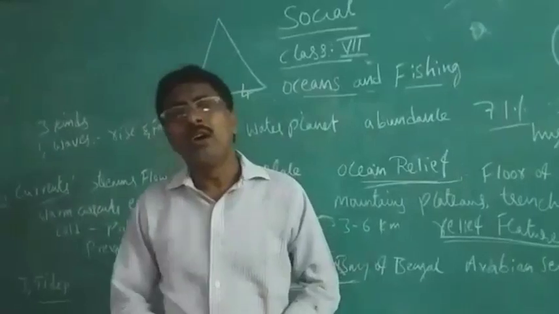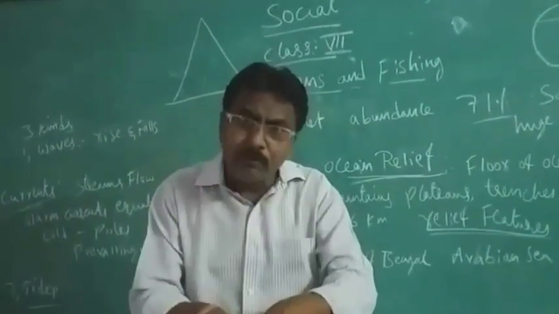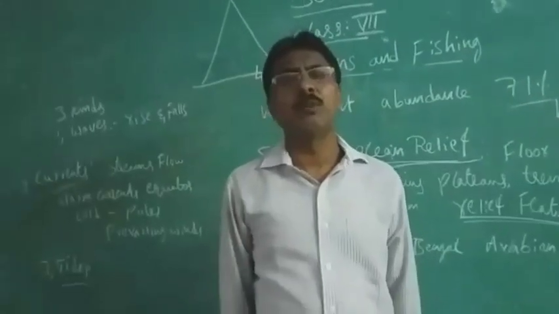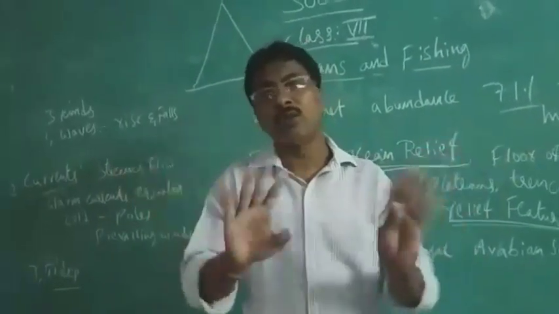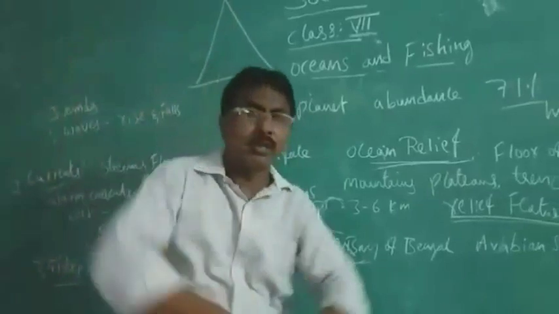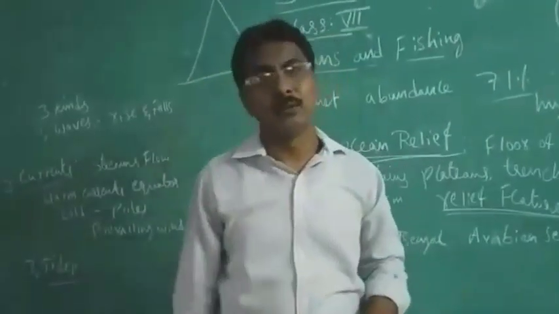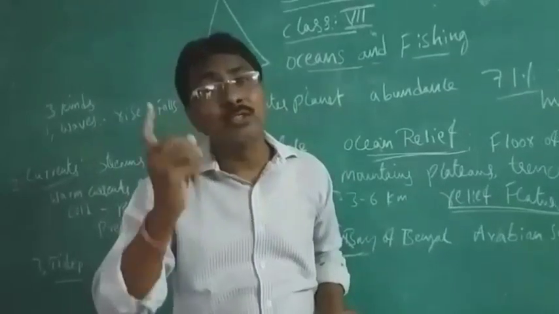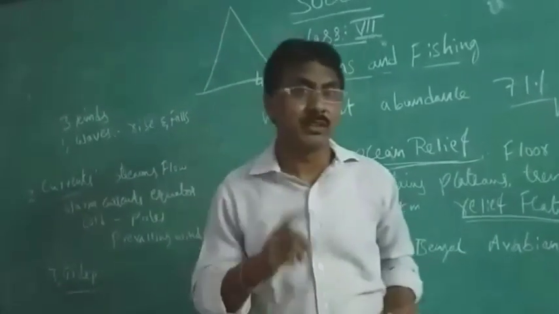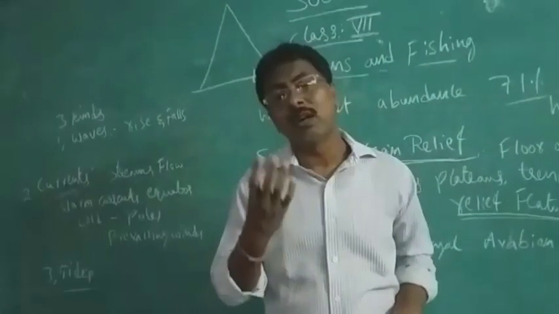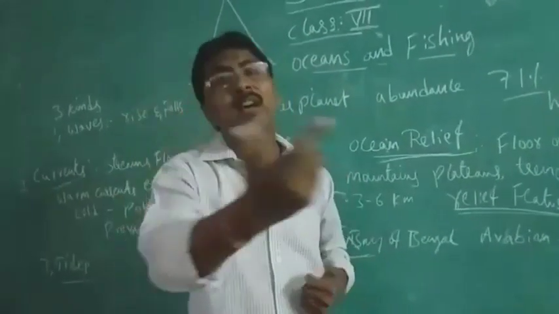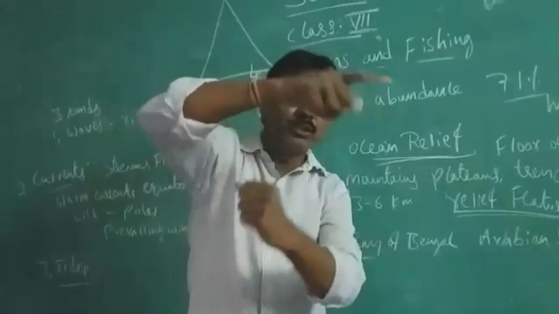Sir, why will river water be like this only? Still means a stopped position. The river water will be in a stopped position, but ocean water is not like that. Ocean water every time will do like this. Why? I will tell you. Because the earth is rotating and revolving around the sun. The earth is doing rotation and revolution around the sun.